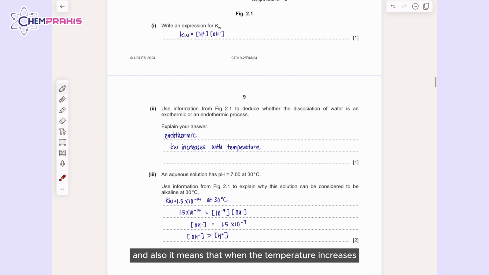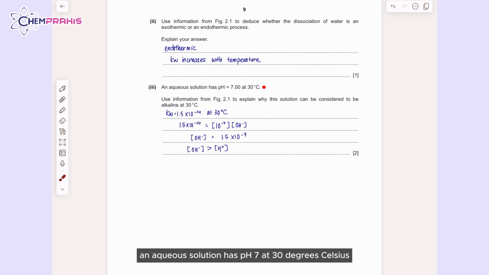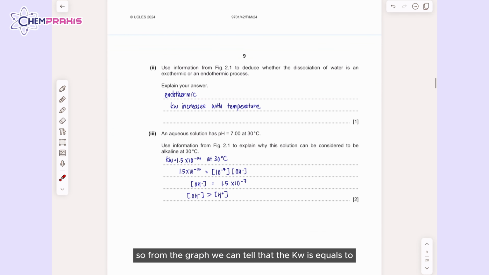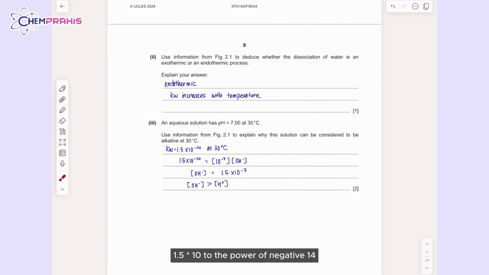And for question Roman 3, an aqueous solution has pH 7 at 30 degrees Celsius. Use information from figure 2.1 to explain why this solution can be considered to be alkaline at 30 degrees Celsius. First of all, we need to find the Kw value at 30 degrees Celsius. So from the graph, we can tell that Kw is equal to 1.5 times 10 to the power of negative